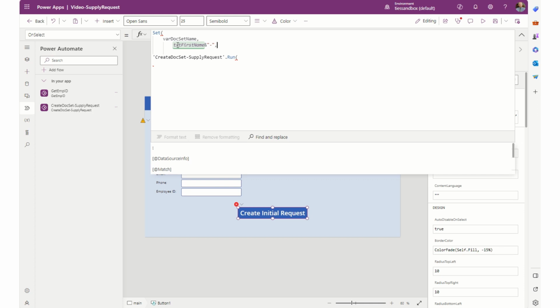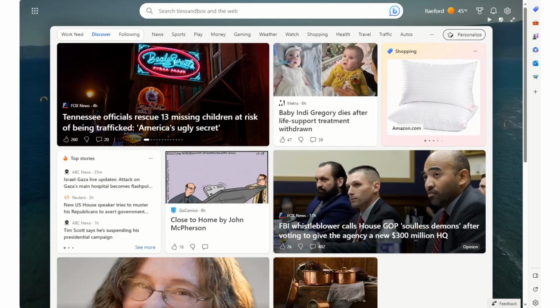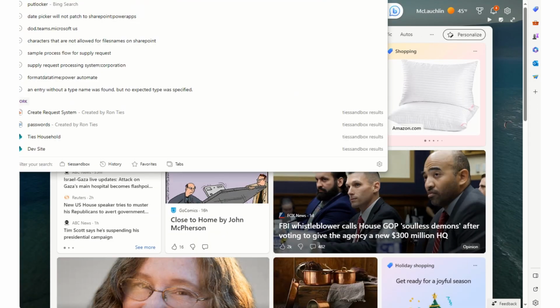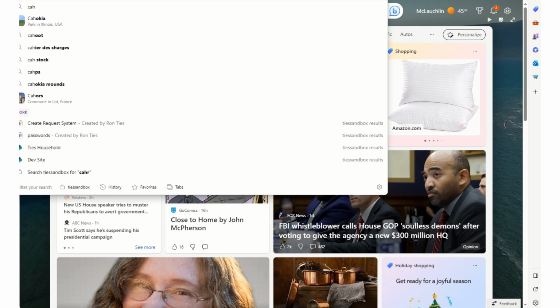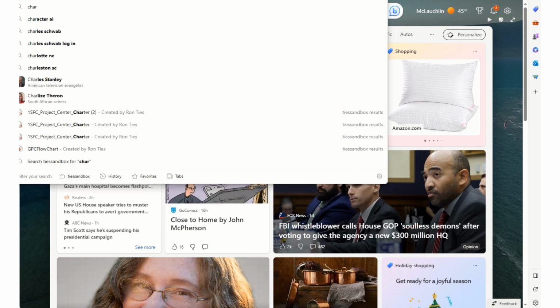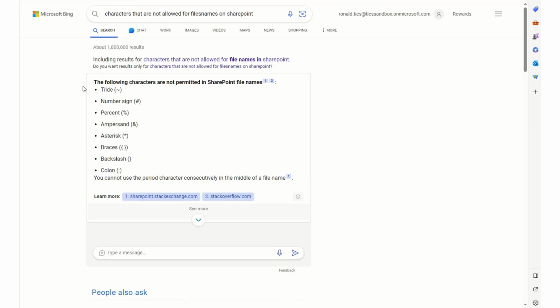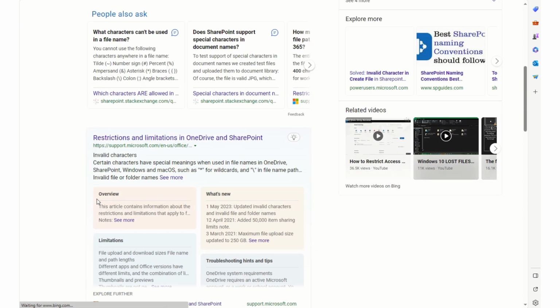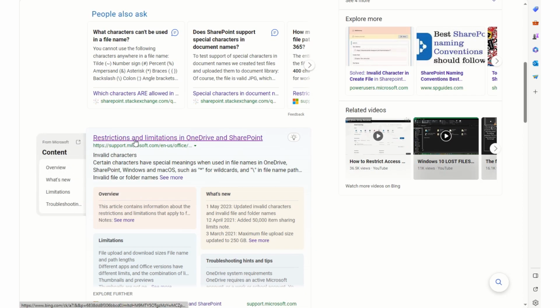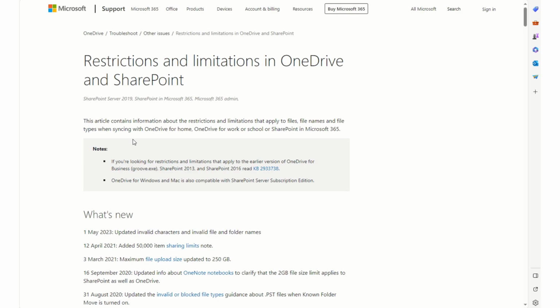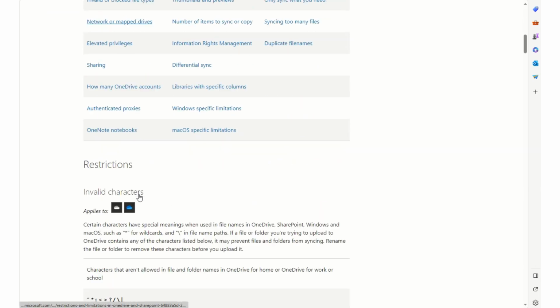If you put certain things, it'll confuse it. Let me bring up the documentation, it's this one. If you look down in the documentation,